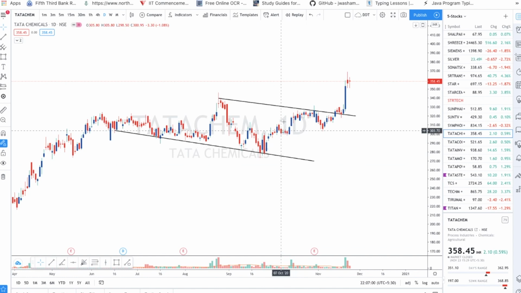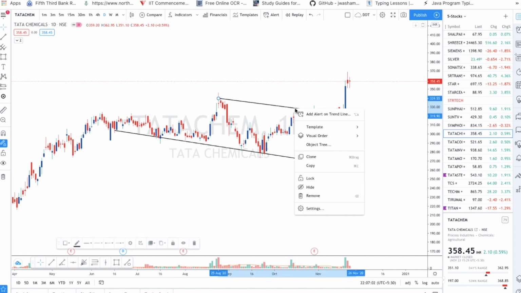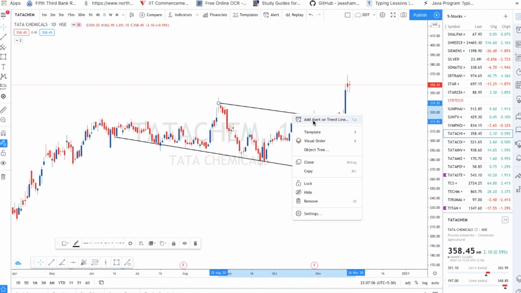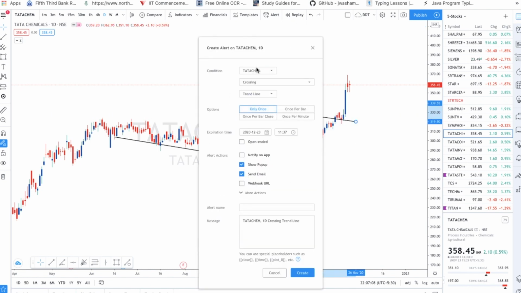And the third thing, we'll discuss alerts. So how to set alerts. Okay, so I want to set an alert on this trend line. So I will select this one, and then choose when I want this alert, whether only once after crossing or once per bar, and when it should expire. I can also choose whether I want an email notification on or off, or a pop-up on this window. And here you can type a custom message.